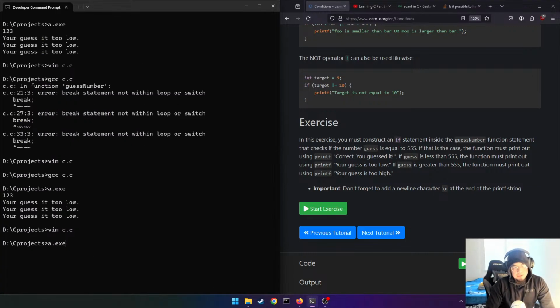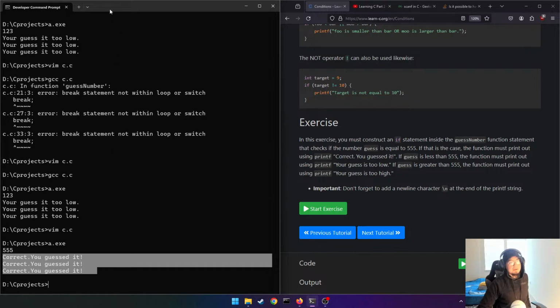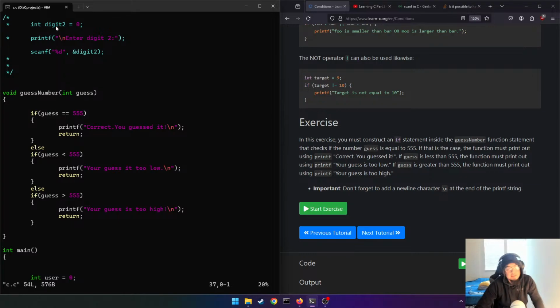Okay, our problem here. Look, here we go again with these C problems. I spend my time debugging C the whole time. So our thing is printing out 3 times. Even though we got it correct, it's printing it out 3 times. And we only want to print once. So vim c.c, which is a problem because